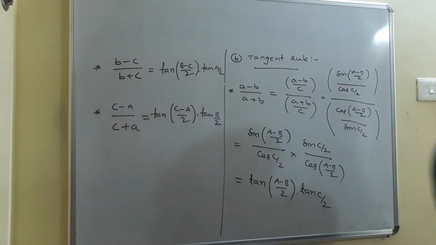Okay. In the last class we discussed the sine rule, and in this class the Mollwide rule and tangent rule, because these are applications of the sine rule, developed with the help of the sine rule. And in the next class I am going to discuss with you the cosine rule and projection rule. Now after this, in the next point, the 8th point, some simple problems related to the tangent rule. Just have a look once.